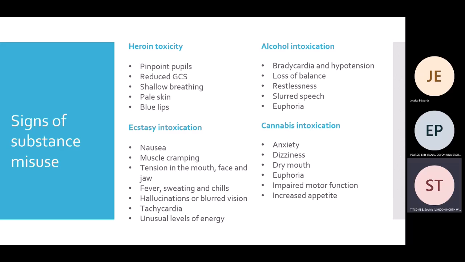So in our question stem, it was most likely cocaine that had caused these patients' symptoms. We saw that they had seizures, they were tachycardic, they'd had a history of weight loss. There seemed to be some indication that the patient had been more anxious recently, and they'd also had nosebleeds. And these are all common symptoms with cocaine use. We can also see hypertension, nausea and vomiting, and hallucinations that also occur with cocaine. So it's just being aware of some of those key signs and symptoms and being able to pick up on that in the stem of your exam questions.